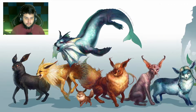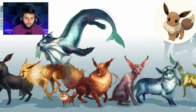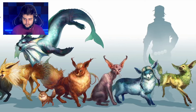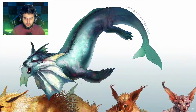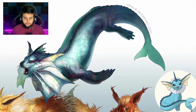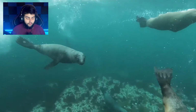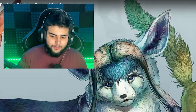Up next, we have various evolutions of the unique Pokemon Eevee. In this more realistic world, Palmer imagines these organisms are the result of a single species diversifying to adapt to different environments. There are all sorts of small creative details here that make this image great, like Vaporeon having more defined flipper-like feet, almost like a seal or sea lion, Espeon resembling a hairless sphinx cat,